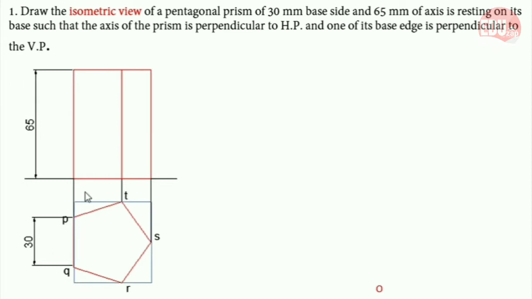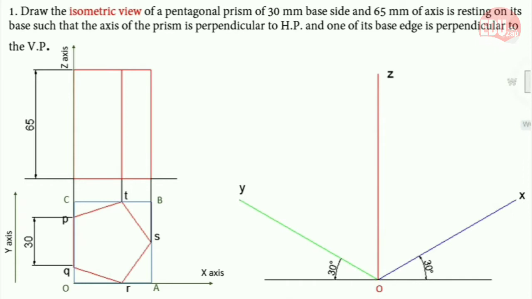For that, you need to draw a rectangle like this. You need to draw the front view and top view first. After that, you need to close this top view in a rectangular box. You need to name that box with capital letters O, A, B, C, and you have to draw the reference axis. In top view, you can see X and Y axis, and in front view, you can see Z axis.